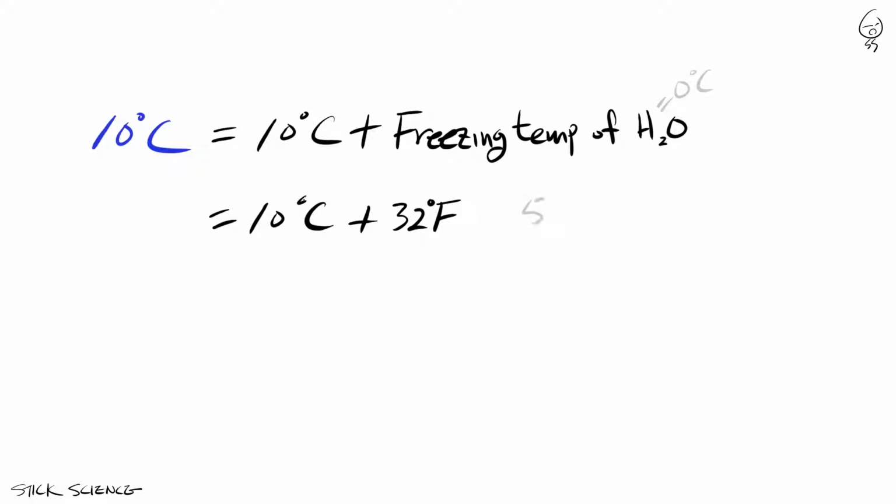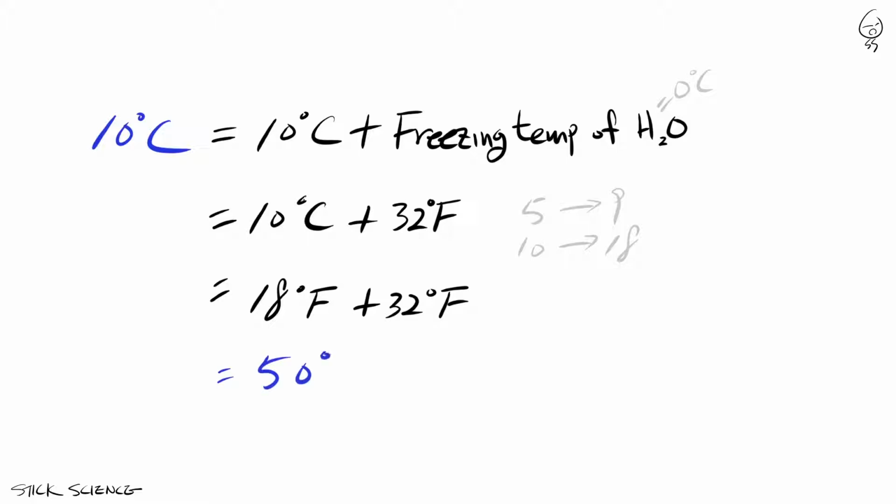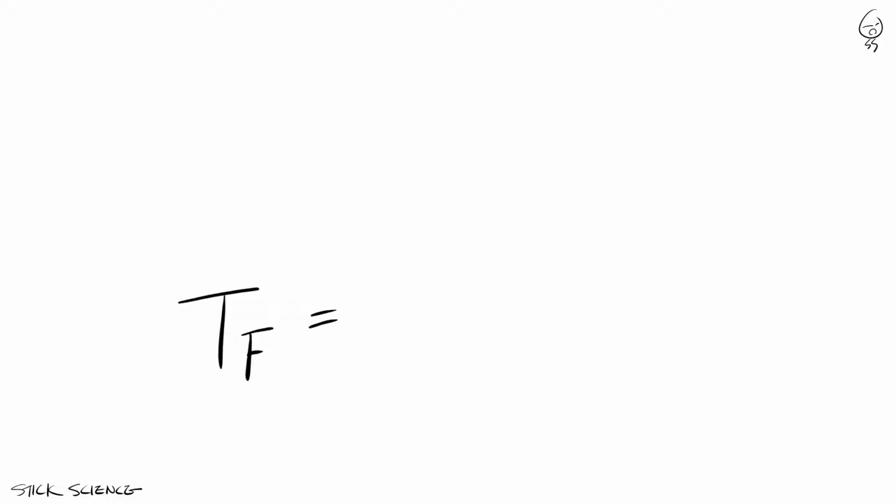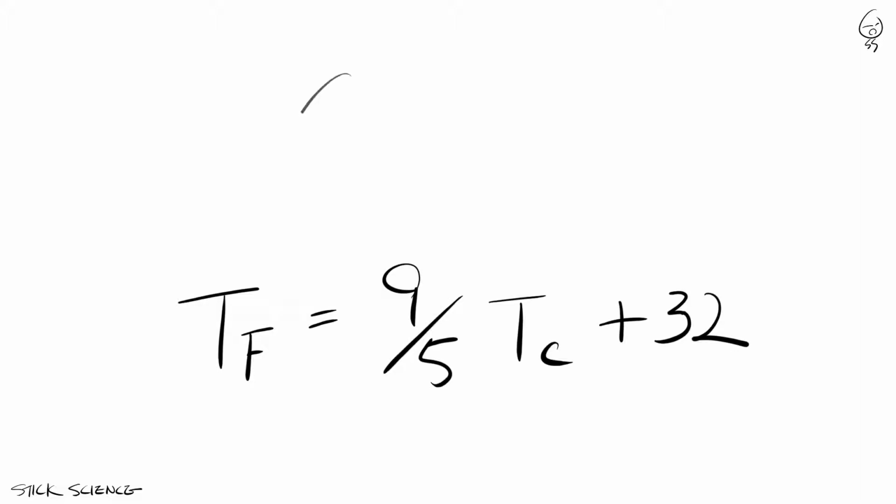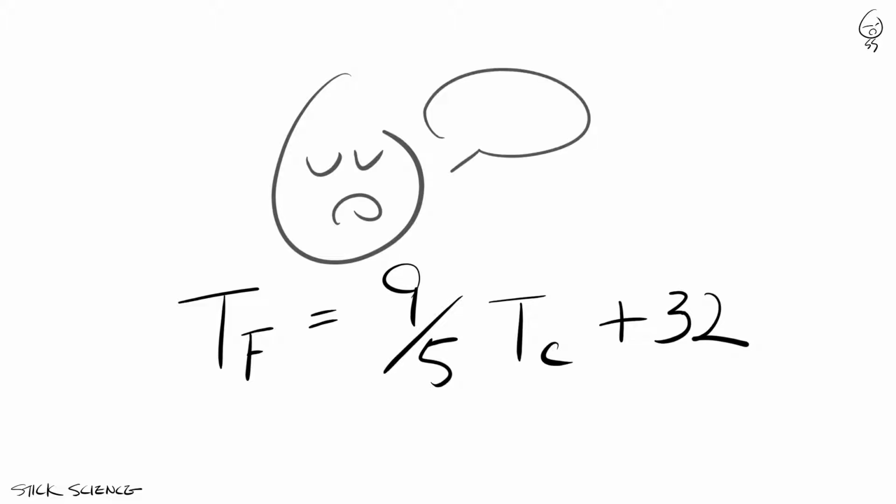Now we also know that for every 5 degrees increase in Celsius, the temperature rises 9 degrees in Fahrenheit. Since in our example, the temperature rose 10 degrees, we know that it will have risen 18 degrees in Fahrenheit. So we can now say it's 18 degrees Fahrenheit higher than 32 degrees Fahrenheit. Or simply put, it's 50 degrees Fahrenheit outside. To put it in an equation, the temperature in Fahrenheit is equal to the temperature in Celsius multiplied by 9 over 5 plus 32. But unless you're a savant, this equation won't help you convert 23 degrees Celsius into Fahrenheit inside your head.